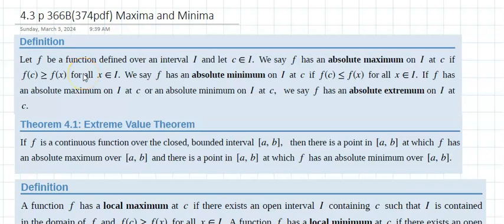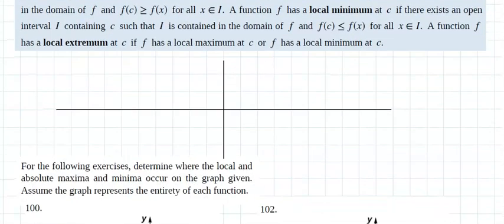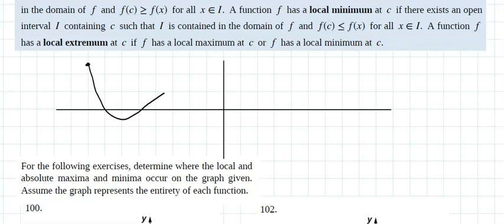Section 4.3 is on page 336, talks about maximum and minimum. So let me start with a simple graph. Let's say we have the following function. And every time you look at a graph in any science course, you read the graph from left to right, always. If I'm taking this path, driving or walking,